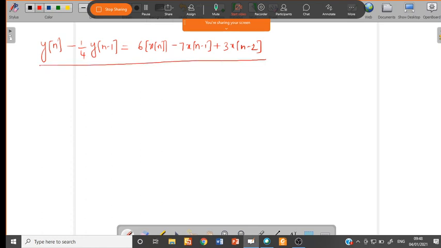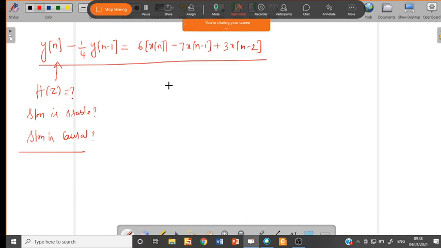So now the system which is described by the difference equation, first you need to find out what is h of z. Then for this h of z, you have to find out whether the system is stable or not. Then also you have to find out whether the system is causal or not. Try to get this problem done at home and try to get the answer.